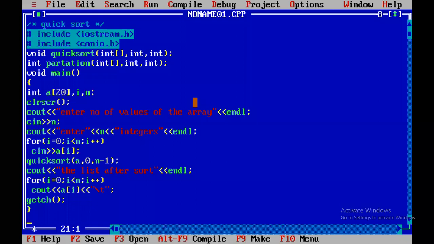This main is common for all sorting programs, because I am using the standard methodology. For all the programs, whether bubble sort, insertion sort, selection sort, merge sort, or quick sort, the main is common. So there is no need to memorize the program; you have to understand the concept. Once you understand the concept, we can easily do the problems. Otherwise, it's a very complicated process. Memorizing the program is not a good idea. You have to always implement the programs on your own.